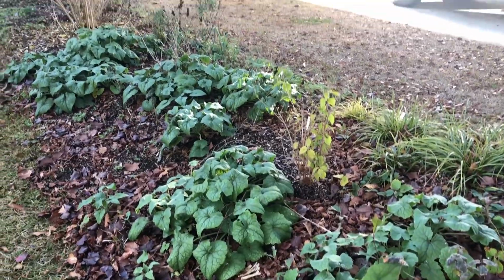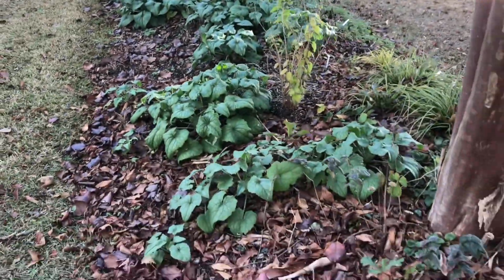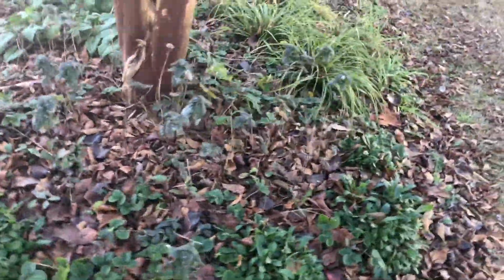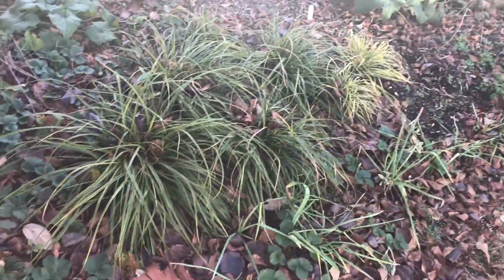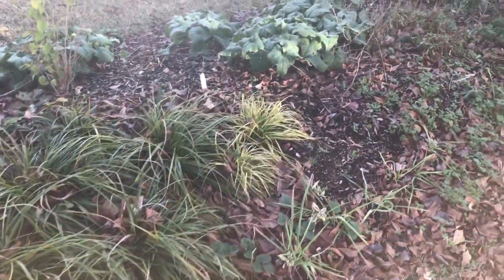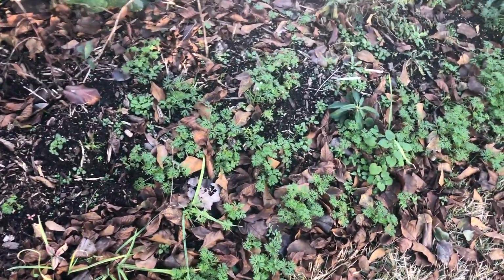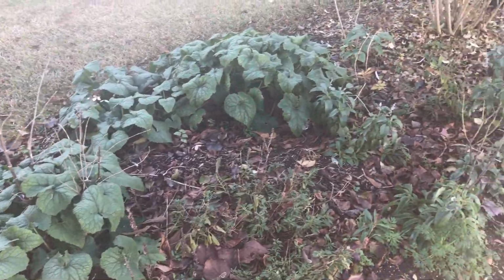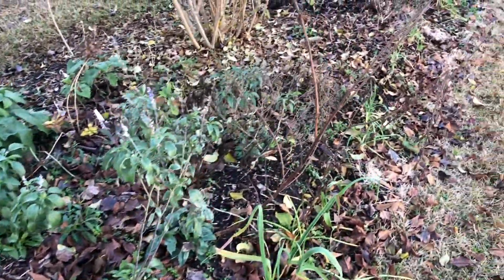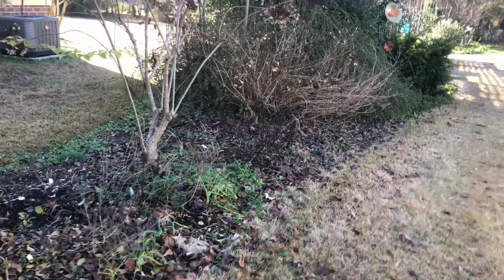This little peninsula bed that sort of divides our property from our neighbors and runs alongside our driveway has been kind of a struggle. I think I built it a little too high and it dries out. You see the carex, love it. And I really got a lot of just self-sowing happening here. I didn't do any of this. This is all larkspur that's self-sowed, and that's all lunaria, or the money plant. That's all just self-sown as well. So I'm just gonna kind of go with it. I haven't done anything to this border. It could definitely use a little cleanup, but you know,